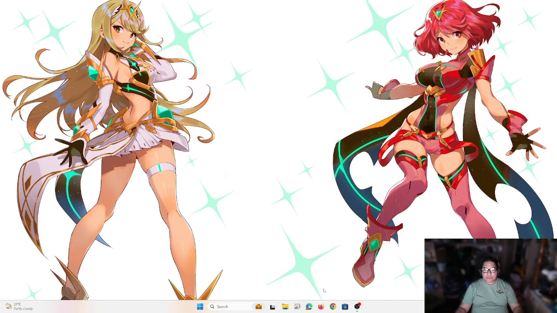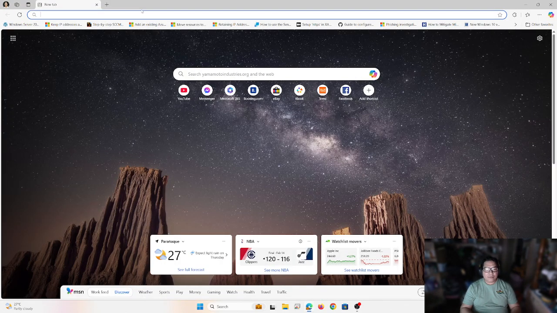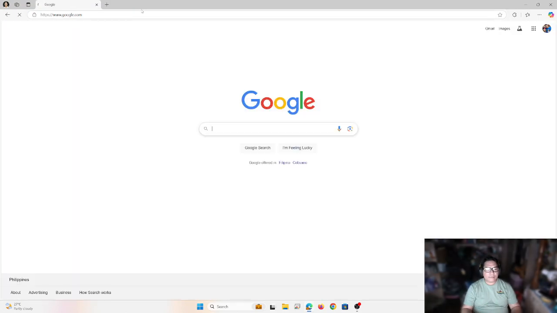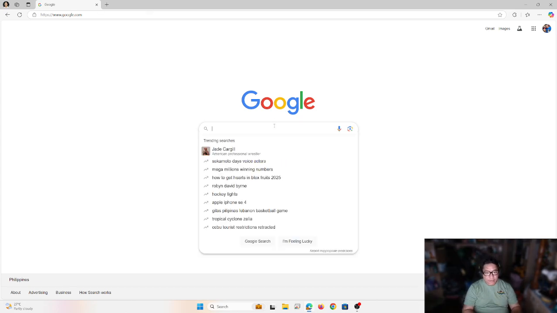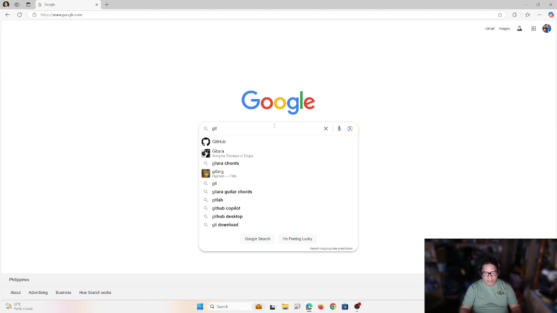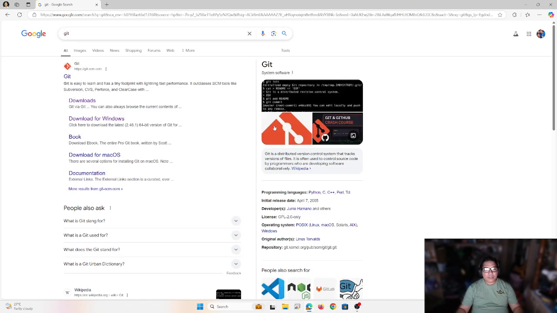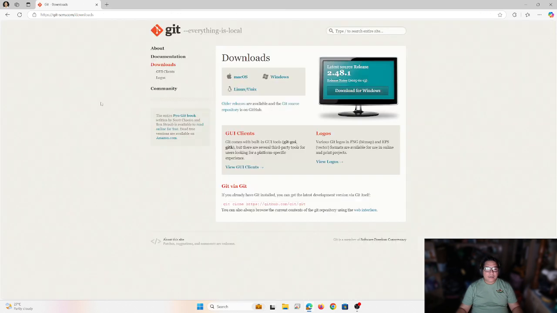To begin with, let's go to Google. First, we need to install Git. Git is a formal command line tool installed natively on your system, where you can use the git command to clone a repository. This is the only purpose. That's why we're downloading it, because Stable Diffusion is on a GitHub repository. It's open source, basically. So we download it.